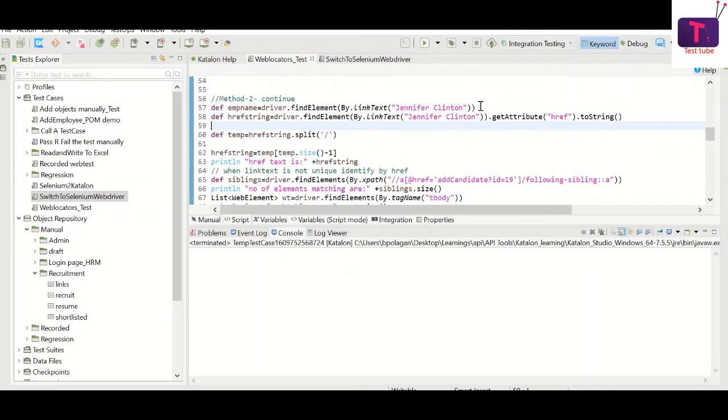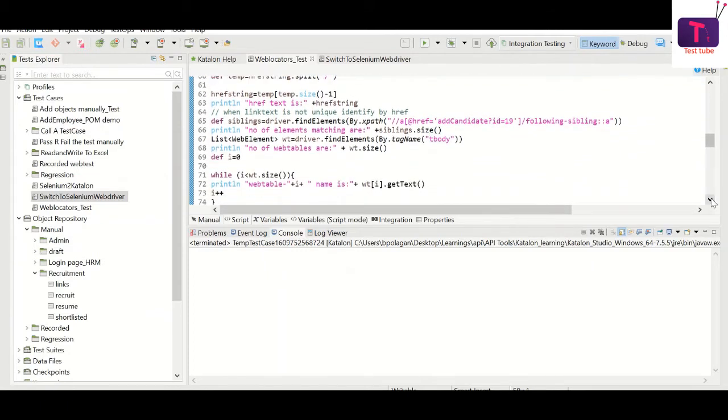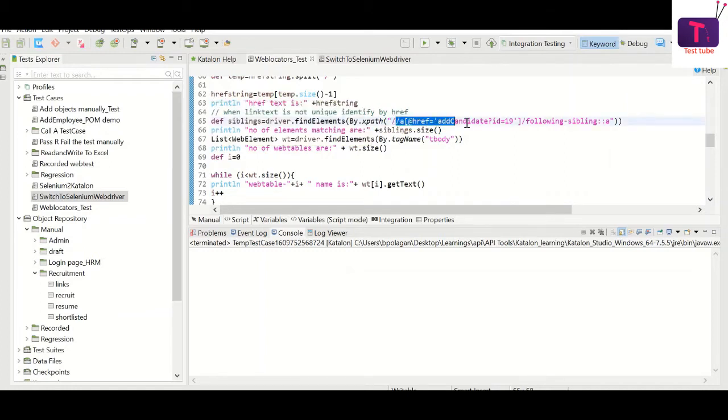With the help of Jennifer Clinton, I just verified whether it is Jennifer Clinton or not by getting the attribute of href. So that's the code, and here, like I have shown, I have built this XPath using the href tag to uniquely identify that download